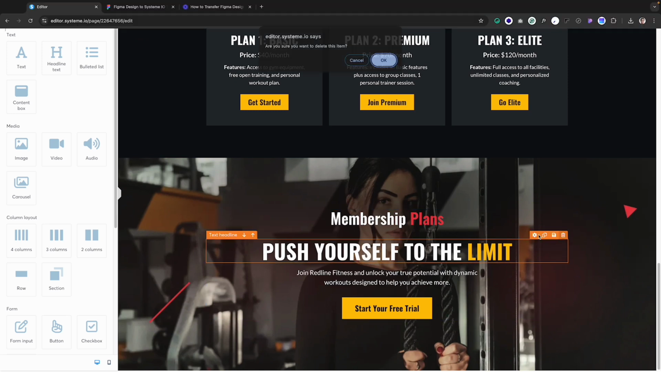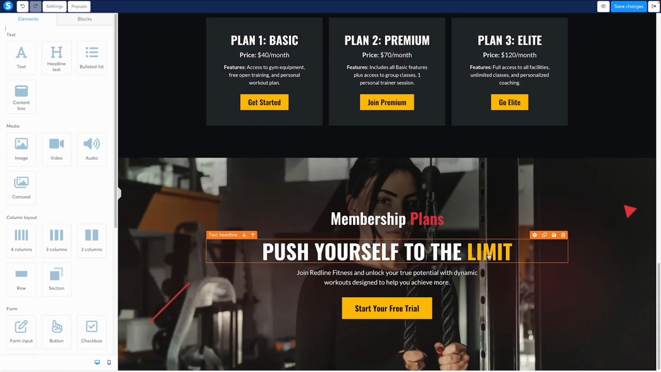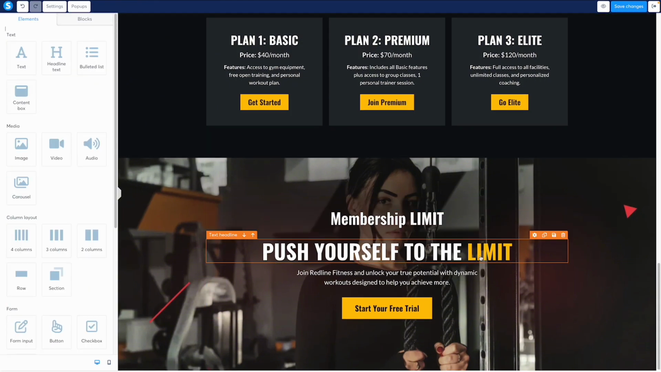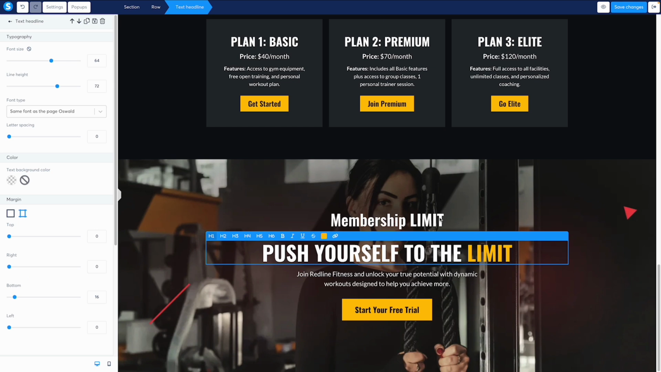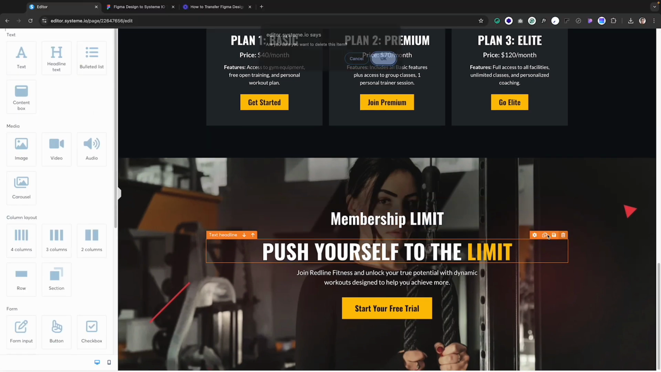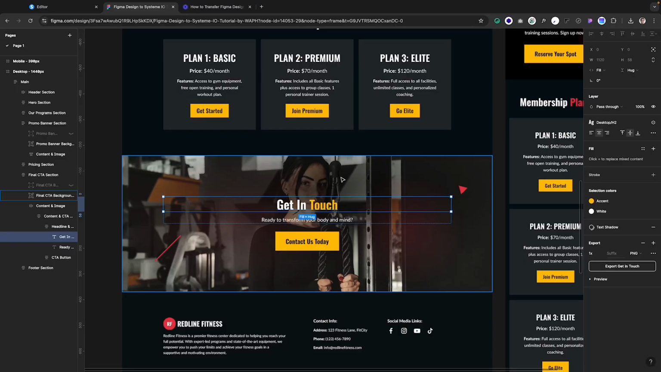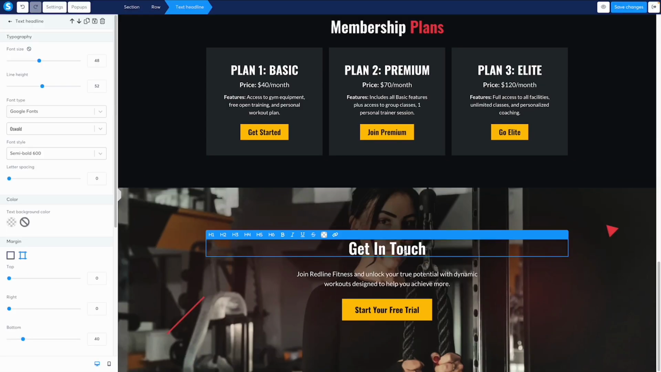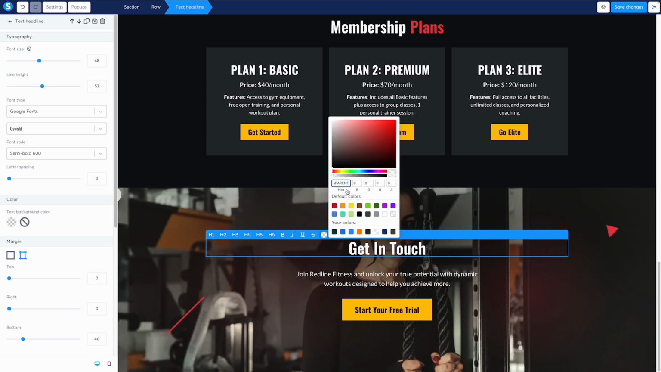So, delete natin. Oops. Ipay natin to, sayang yung kulay eh. Hindi niya na-apply. Isa pa. Mamaya na lang. So, let's delete this. Get in touch. So, yung kulay, palitan lang natin ng